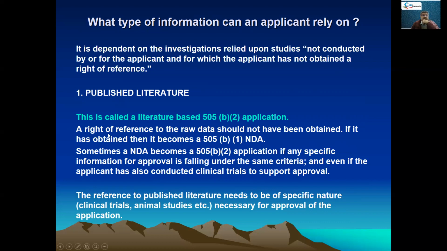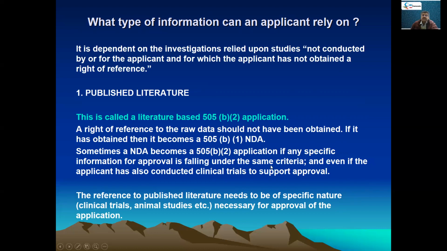Now, in this case, a right of reference to the raw data should not have been obtained by the company who is submitting the hybrid NDA. If the right of reference has been obtained, then it becomes a new drug application or a 505(b)(1) application. Sometimes a new drug application becomes a 505(b)(2) application if any specific information for approval is